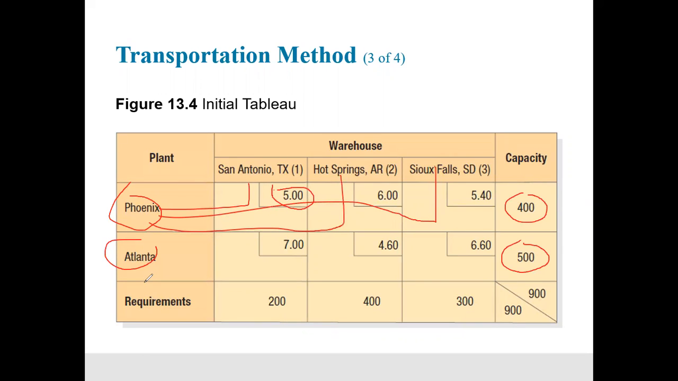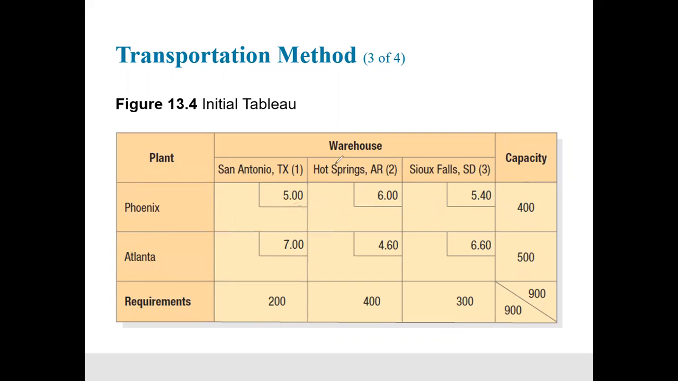Okay, the last thing that we have here is information with regards to the demand at those warehouses, and the demand here shows that San Antonio needs 200 units, Hot Springs needs 400 units, and Sioux Falls requires 300 units. Okay, so we have all the information we need to figure out what's the lowest possible cost combination in terms of what we can ship out of Phoenix and what we can ship out of Atlanta